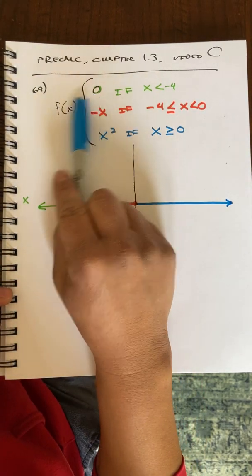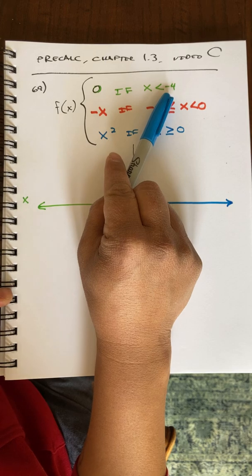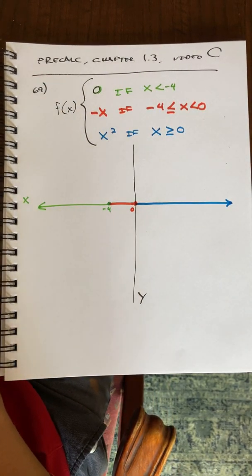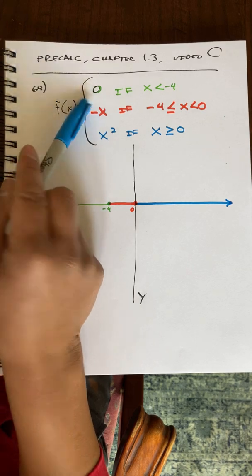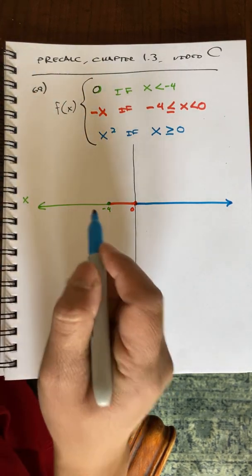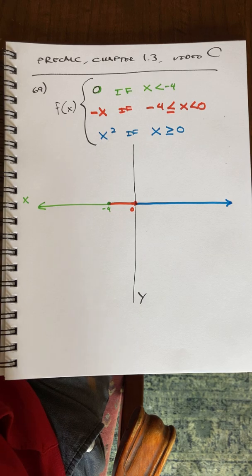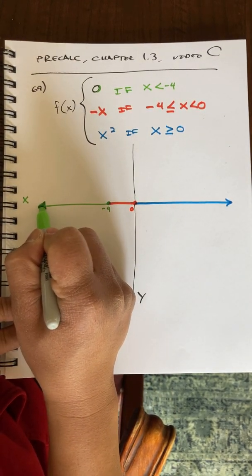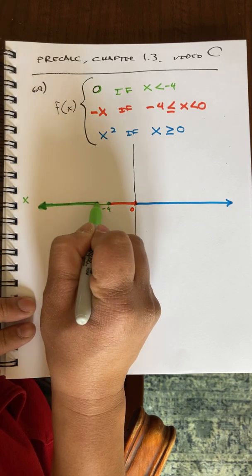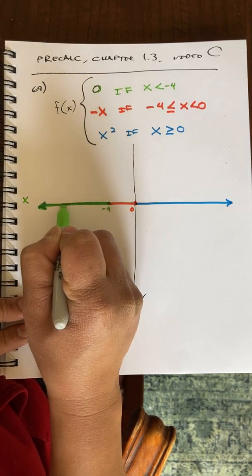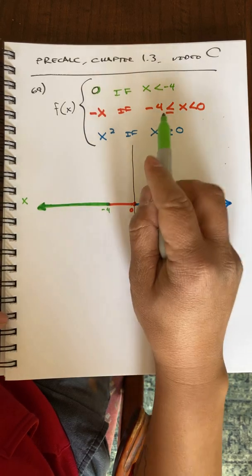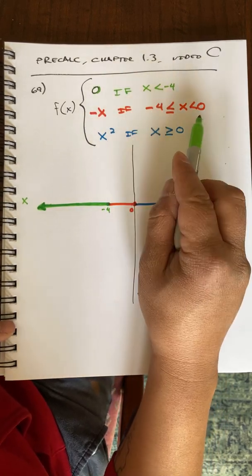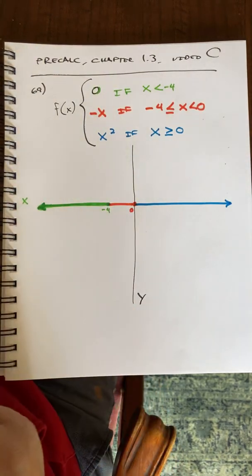And the first part says f of x equals 0 when x is less than -4. So the graph, I hate that they put it on 0 because that's just right on the x-axis. I'm just going to darken this. There it is. And then when x is between -4 and 0, I hop onto the function f of x